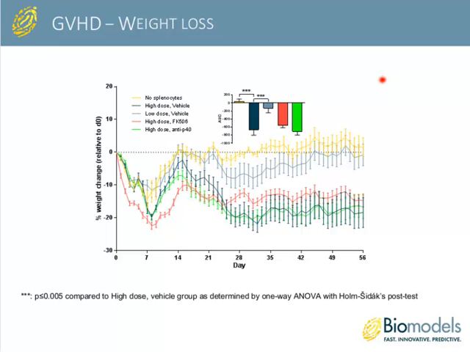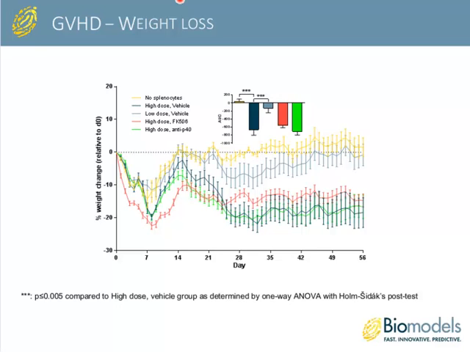Then there's 2 positive controls that we use here. One of them is SK506 or tacrolimus, which is the clinically relevant positive control in GVHD. And then also an anti-P40 antibody, which targets the Th1, Th17 response. You'll notice that the positive controls aren't doing anything really for weight loss in that model. By the way, both those positive controls were getting the high dose of splenocytes, so they're comparable with this darker